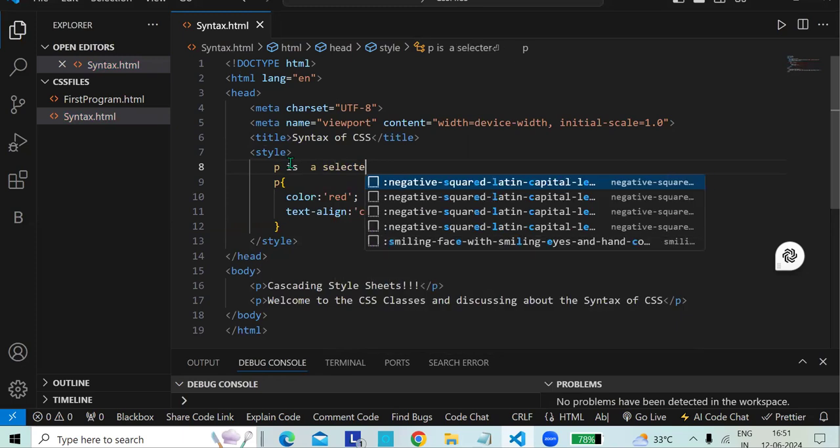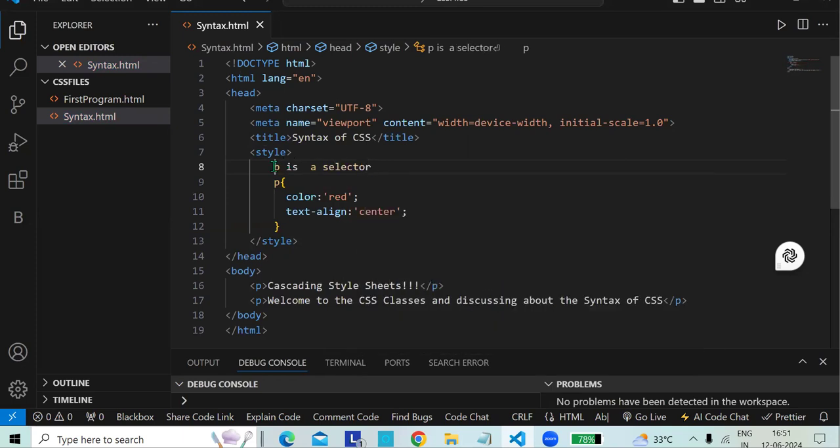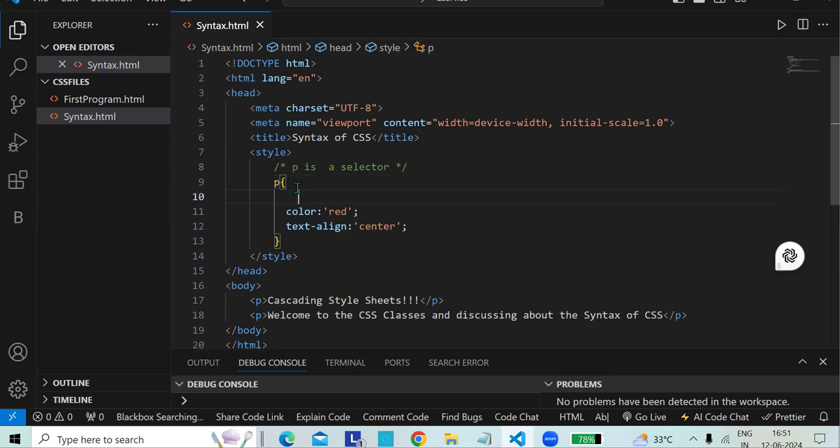P is a selector. So it is called a selector. Like whichever paragraph tag you have given, to give styles to the paragraph tag, you have to write here P. So which indicates you are giving the styles to the paragraph tag, and here it is called P is a selector, and you're having the property